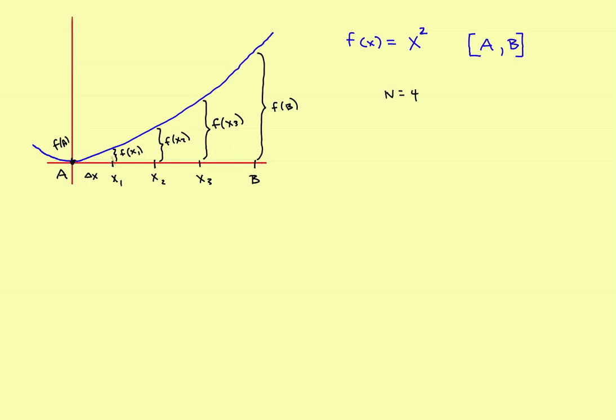This one goes up to here. So there, there, there, and there. And then the trapezoid itself actually is a line that goes like this. And then like this. And then like this, and so